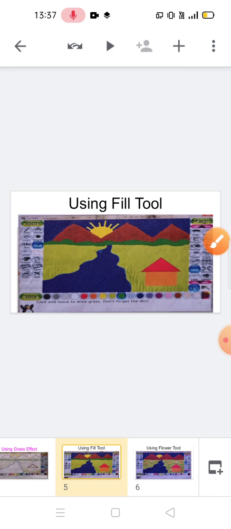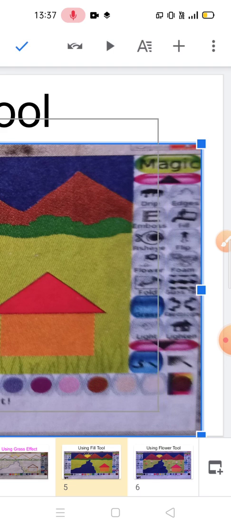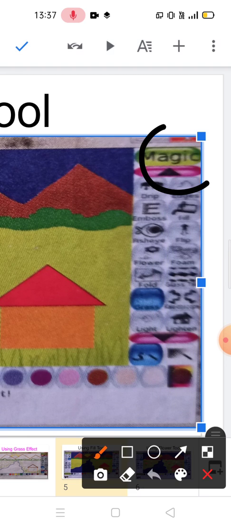Next is using the fill tool. It is also a sub tool of the magic tool.